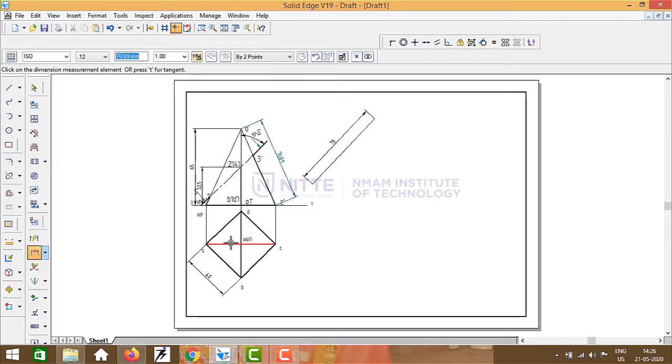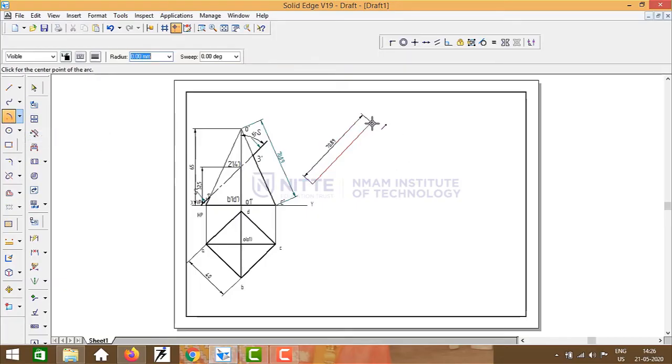Okay, now here OC and OA are parallel, so any one side you measure, you will get O dash C dash as well as O dash A dash, same 70.89 millimeter. Okay, so now here we will take that slant edge dimension of 70.89 and draw arc using arc by center point. So take this as a center, this as a radius 70.89 and randomly draw an arc. Okay. First what you need to draw is, now this is the center O, that is the apex point what we have here. So this first point is A.